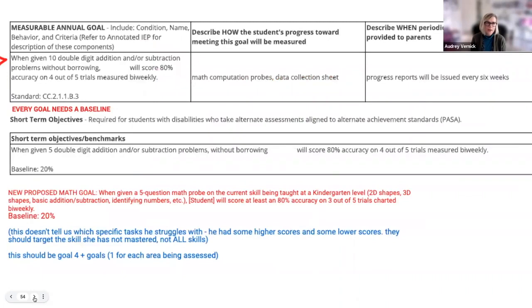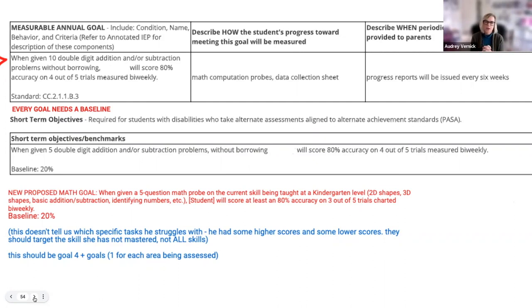This one was, I don't see it. The baseline was 20%, which I thought was interesting. When given, so the given, I think, should be the support. When given, what are the supports that he needs? A number line, a calculator, a special math paper, whatever it is. The student will complete 10 double-digit addition or subtraction problems without borrowing, with 80% accuracy on 4 to 5 trials measured biweekly, right? So the given is, what does he need to do that? The task is